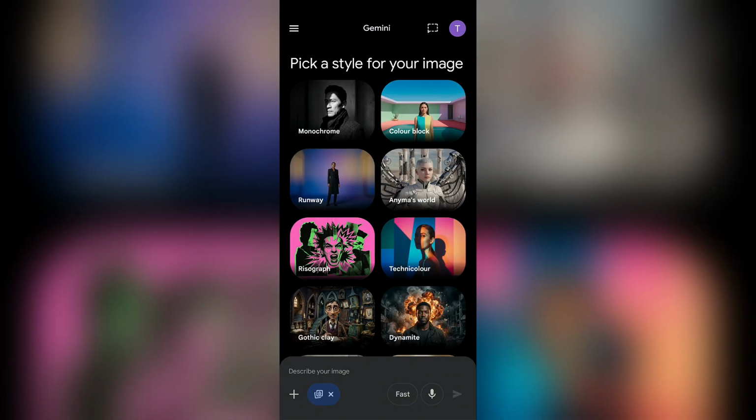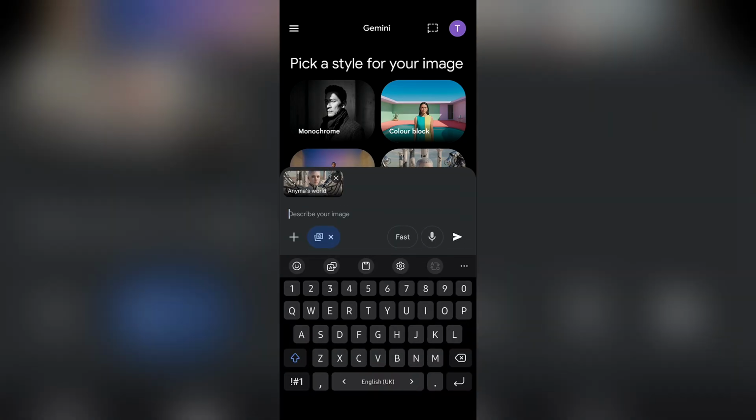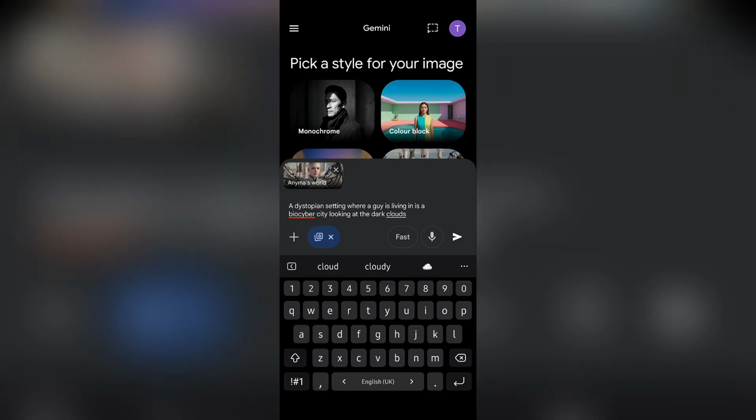Tap to create image option and you can select a style to create image. For example, let's select Anima's world, and after selecting that, you can describe the prompt of the image which you would like to create. Let me do it real quick. You just simply need to write some stupid prompt in here. You can also write smart prompt if you can, and after writing down your prompt, tap to send button,